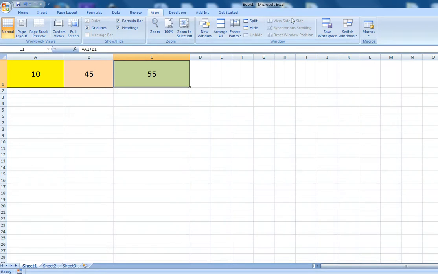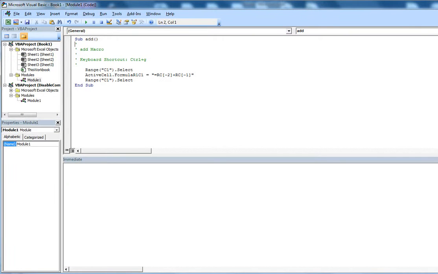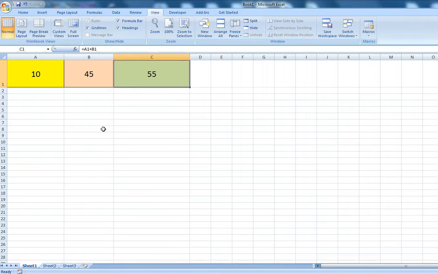Now if you want to view the macro, you can go to macro again, view macro, and then give edit. So you can see that the macro code has been captured here, whatever we entered manually. This is the formula for adding the two columns. So we'll go back to the Excel sheet. Now we will delete this and give the shortcut Ctrl G. So you can see automatically the formula got added here with the macro.